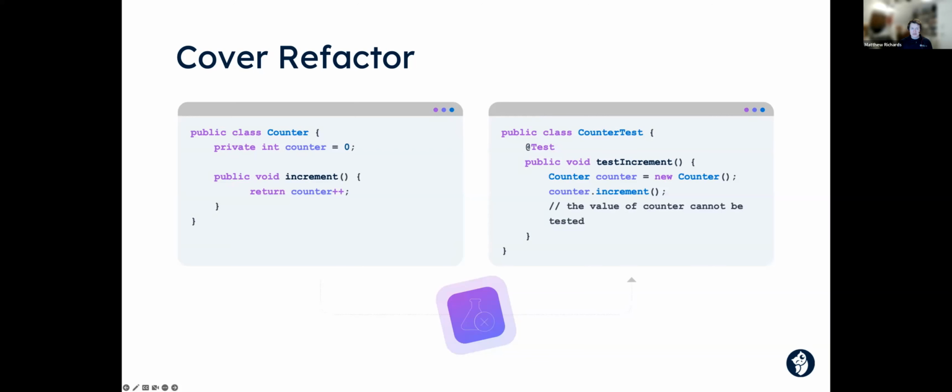The ability to test this is inhibited by the fact that the field counter is private. So a unit test without using reflection, which is bad practice for many reasons, but without using reflection, we can't access that field counter. So this unit test on the right-hand side, we can do everything but assert the actual correct value. So this unit test on the right would pass and it would actually count towards coverage, but it's